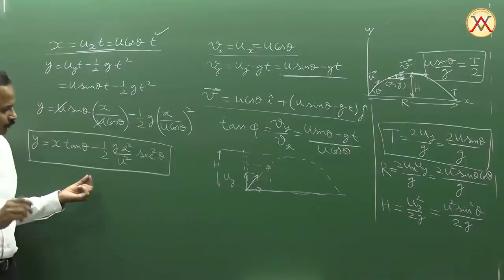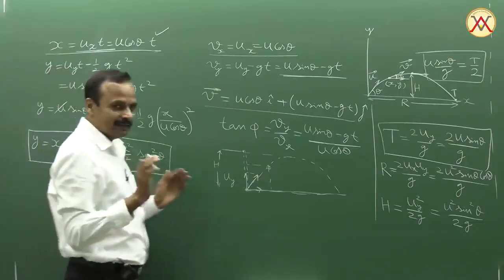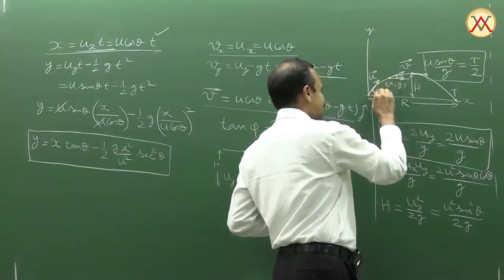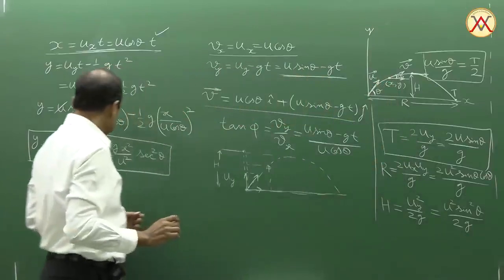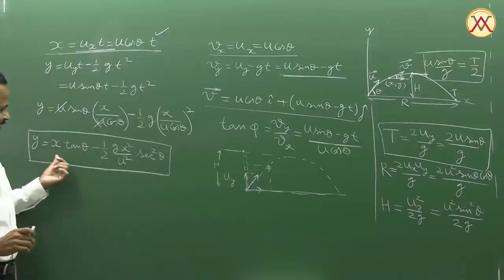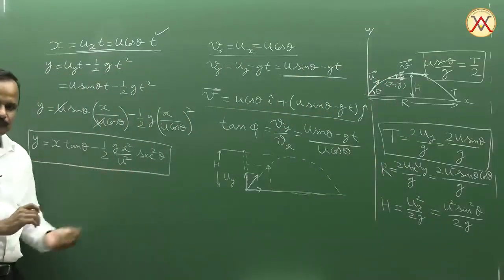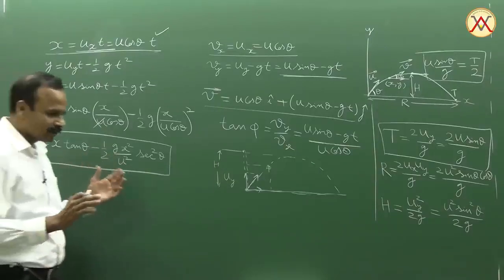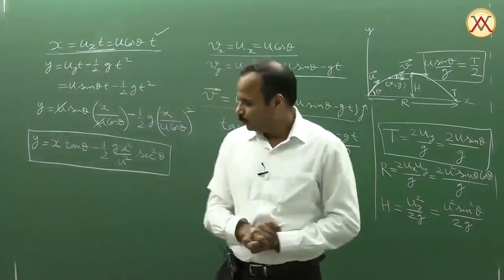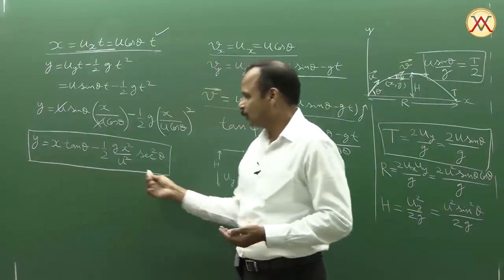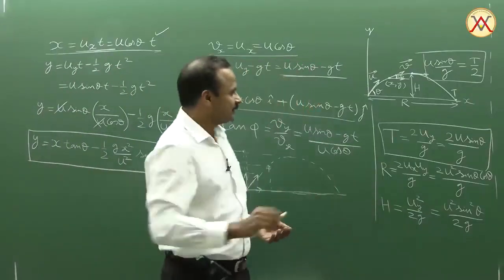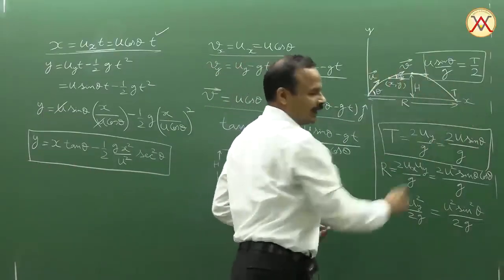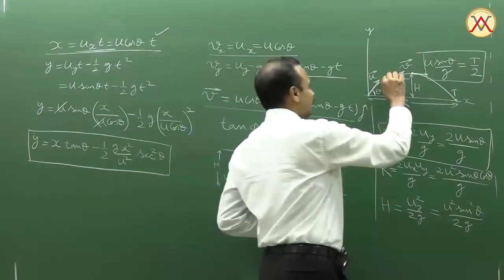Here, if we keep the velocity of the projectile fixed, that means u and theta are kept constant, y as a function of x, you can see this is the equation. This is, y is a quadratic function of x, which means that the equation is a parabola. So this path of the projectile that we see here, this curved path, is a parabola.